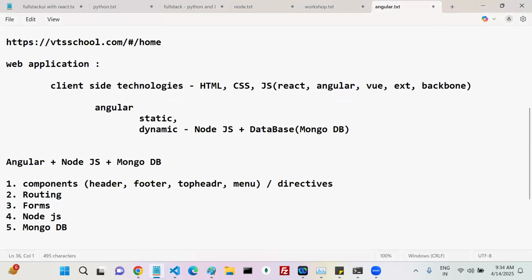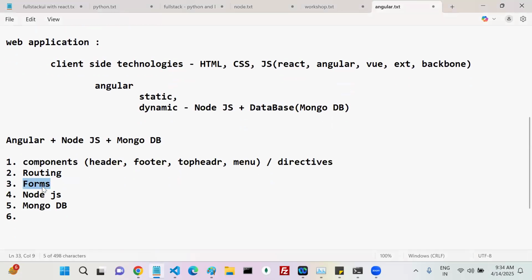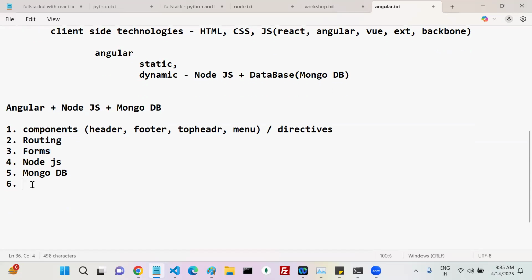Now, if you have an Angular application, that means forms. When you click my form's register button, you have to communicate with Node.js to store the data within MongoDB. To communicate from Angular to Node, sending the request and getting the response, we are going to handle it using one concept called Ajax. Here, for the HTTP request, there is one concept, the HTTP module. So you have to learn that concept. Got the point?